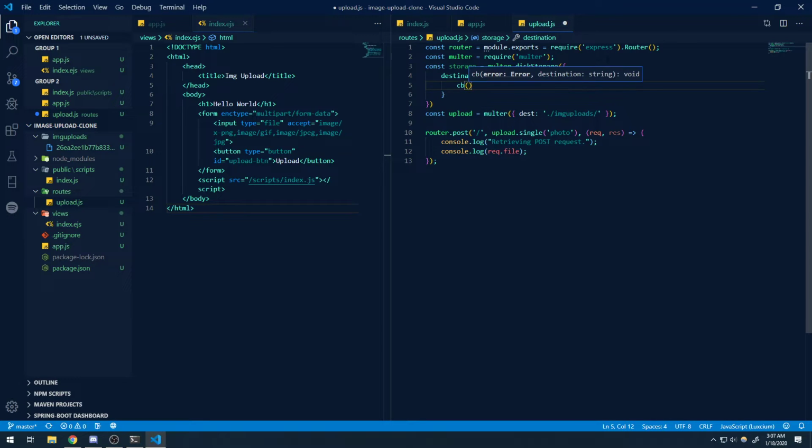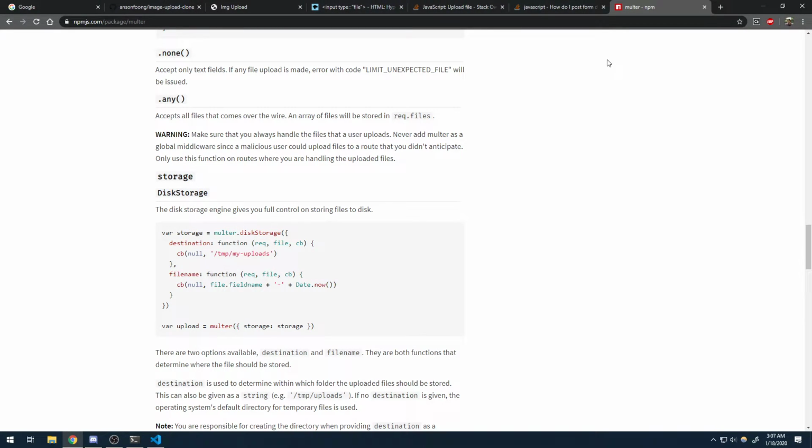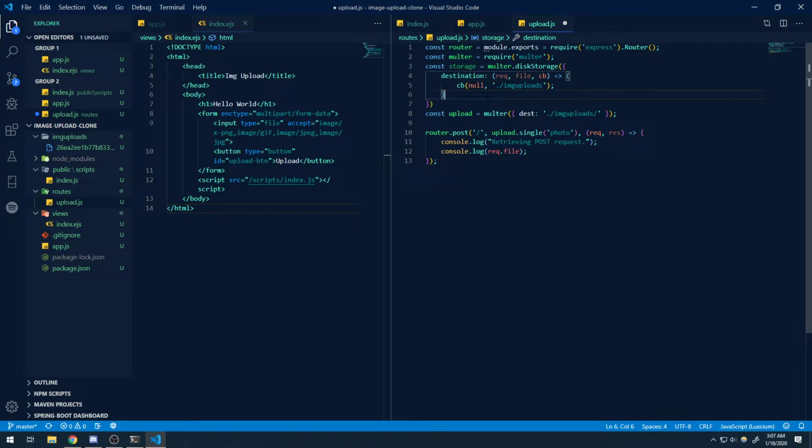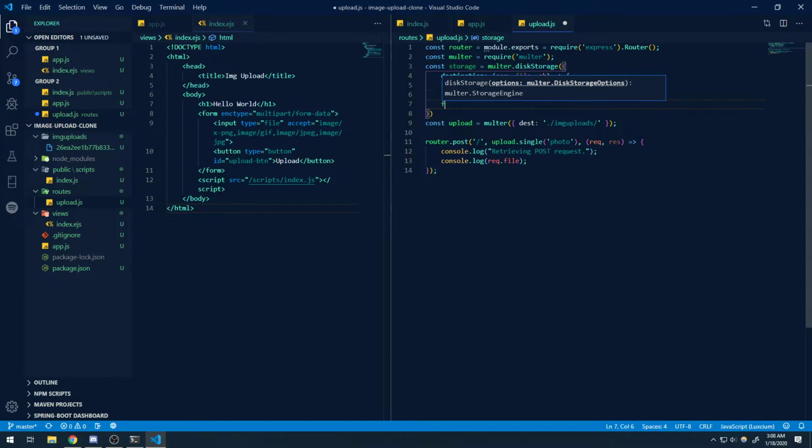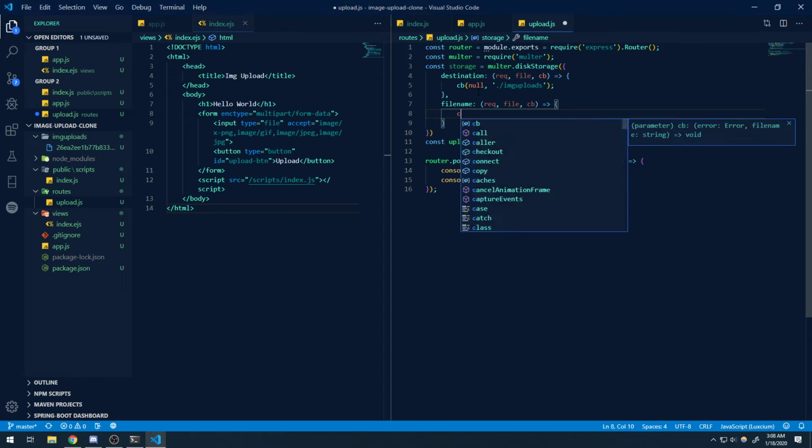We're just going to call cb with null and the image uploads folder. Okay, that should be okay. Now, filename. This is where we need to modify the file name. So req, file, cb. We're going to say cb null,